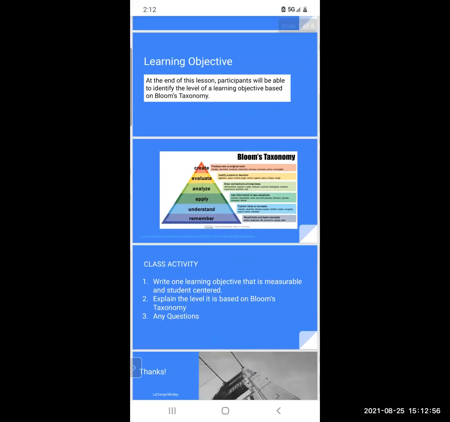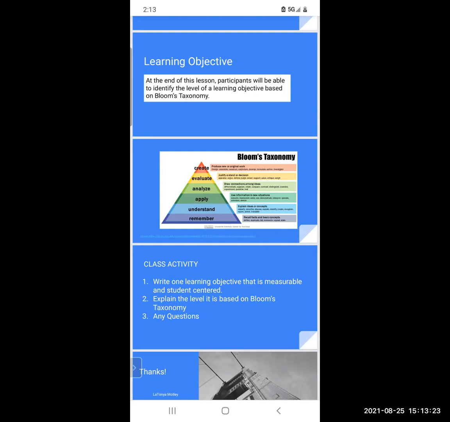What I'm showing you right now in the presentation are the levels of Bloom's taxonomy. You have the top level, which is create, the next level evaluate, the next level analyze, the next level apply, the next level understand, and the next level remember. It's a hierarchy, and you go from the top, which is create, the highest level, which produces more of a deeper learning for the students, all the way down to the foundation type of knowledge,